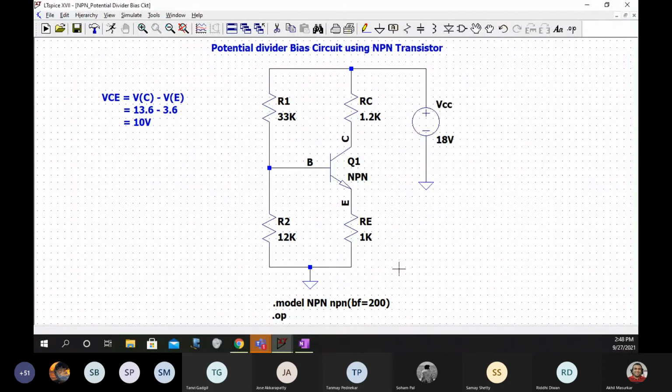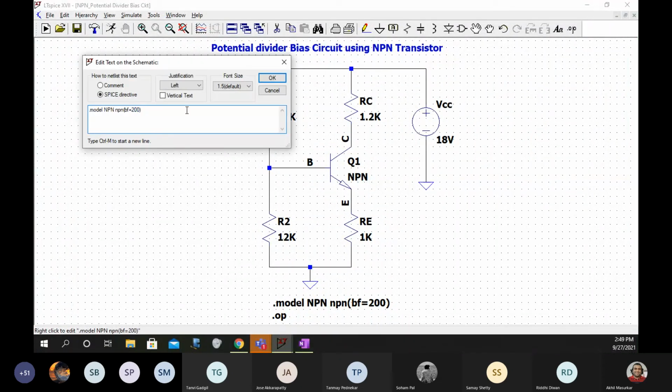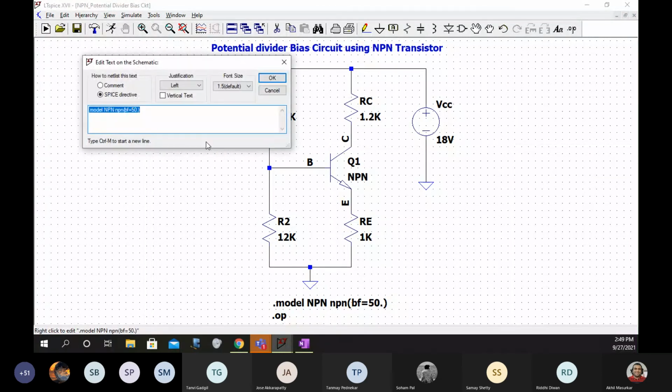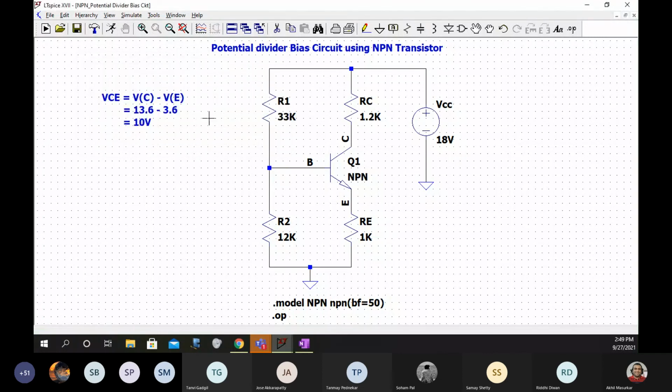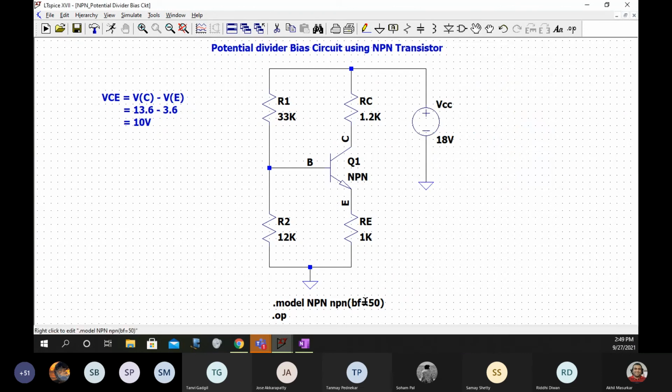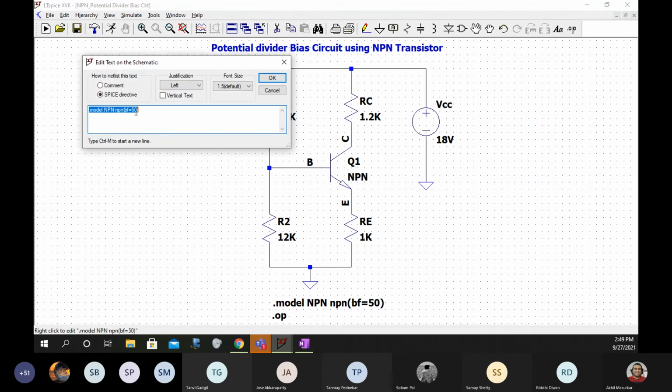And if we make this beta as 50, the value is not going to change much. So in a way, this circuit provides the best stability, that is proved through our LTSpice also.